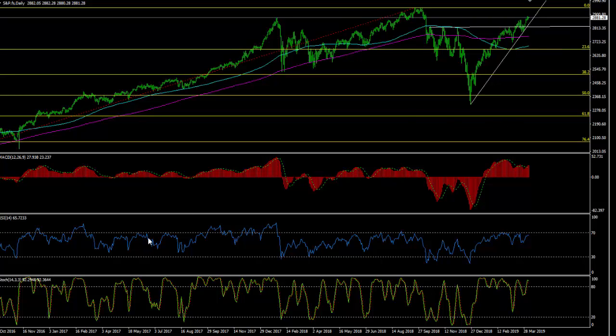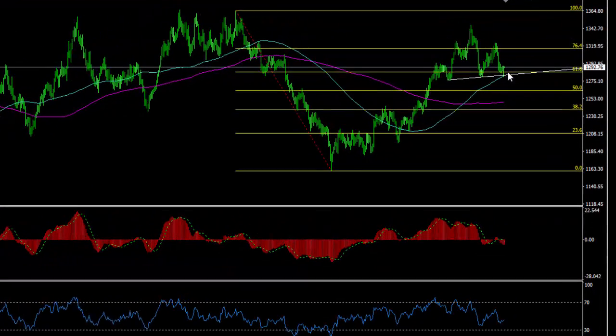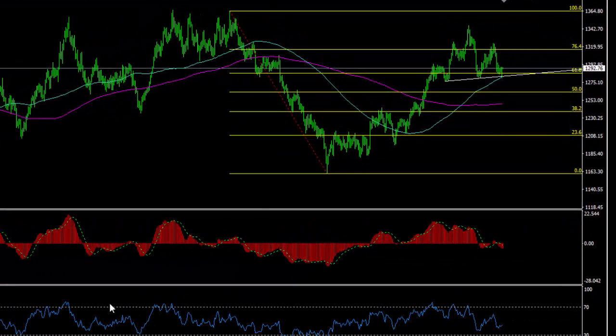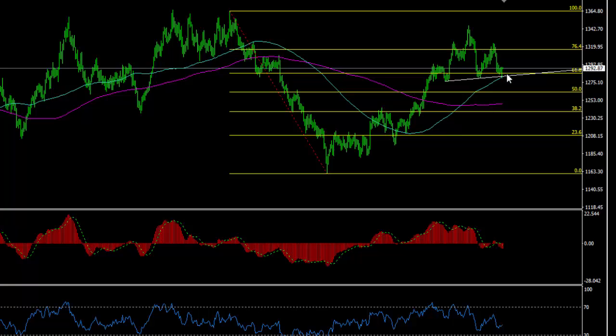The Dow looks pretty much the same. The other interesting things are the metals. Now this is a daily gold chart, and it does appear that we're building a head and shoulders top. The same really, let's go and have a look at silver. The same kind of applies to silver, although the neckline's more of a descending level of support. But going back to gold, if we do go through here, this top up here,